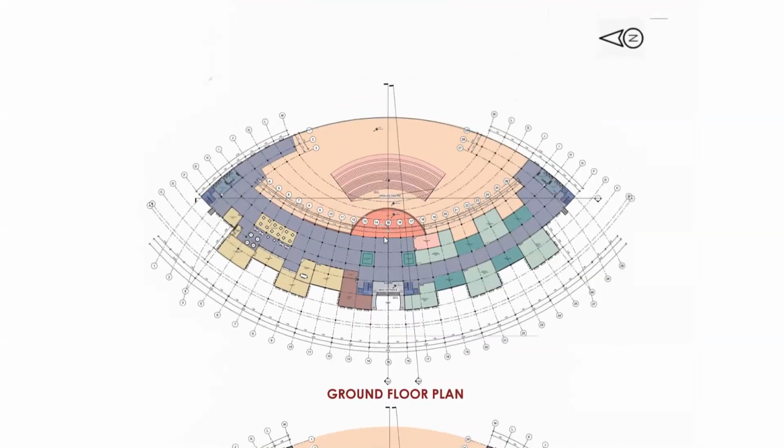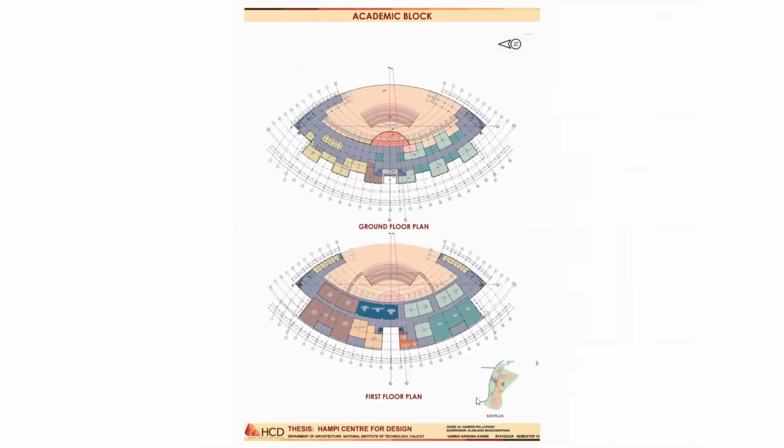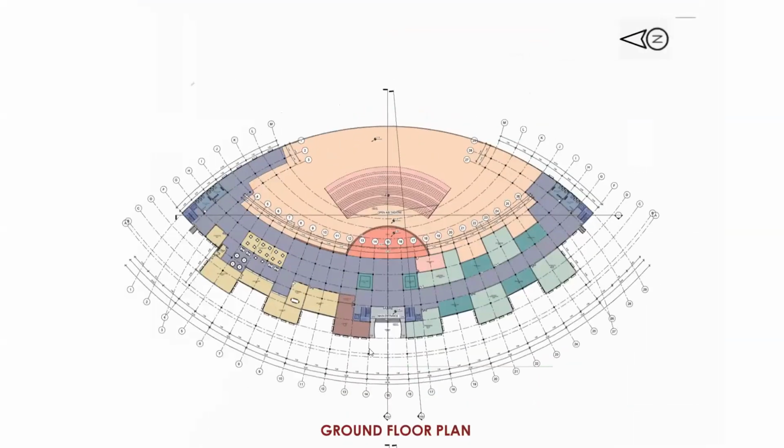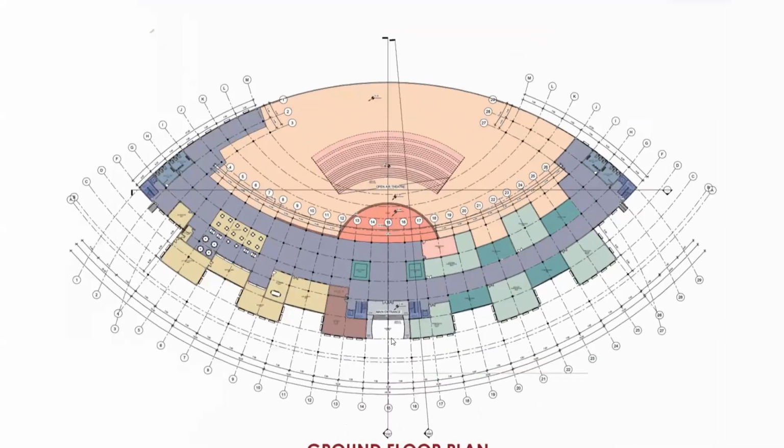Okay. This is a ground floor plan of the academic building. This is the academic building, which is facing towards the west. Right after we enter the academic building, on the right we have administrative areas, and on the left we have amenity areas like the canteen, printing labs, stationery, and here we have the electrical and server